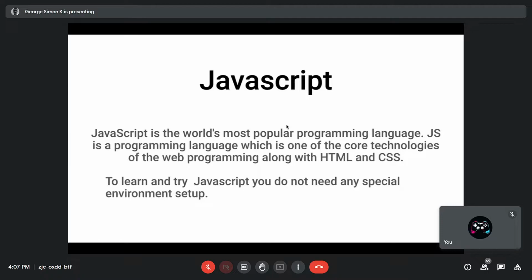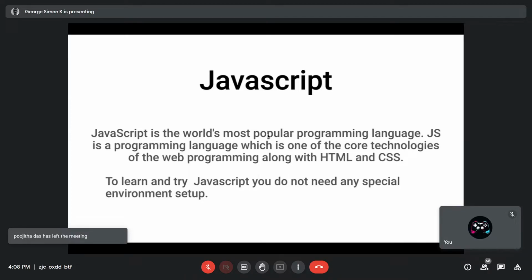First of all, thank you for the welcome and thank you for the introduction. So today we are going to learn about JavaScript. As you heard in the introduction, JavaScript is a lightweight programming language. Indeed, it's a very lightweight programming language, and it's the world's most popular client-side programming language. Usually, in short form, we call it JS. It's one of the core technologies in web programming. We club it along with HTML and CSS.